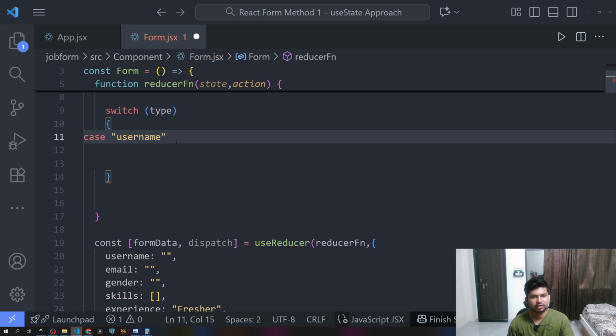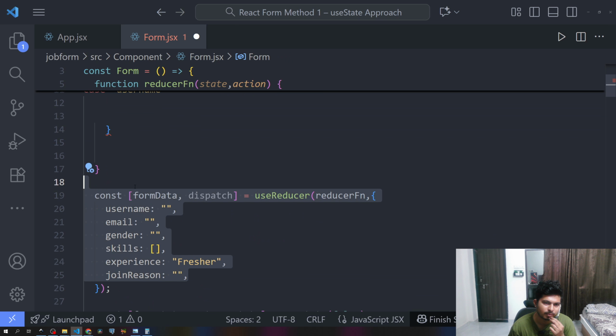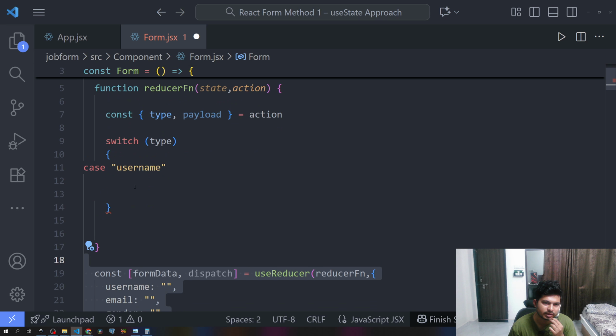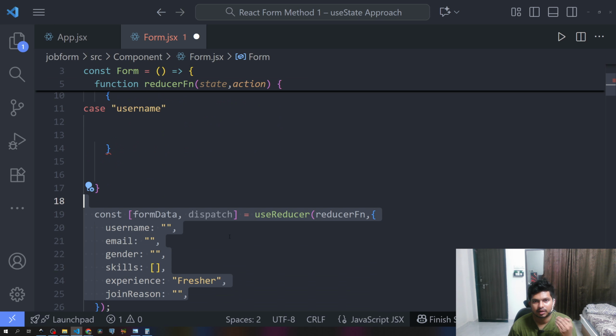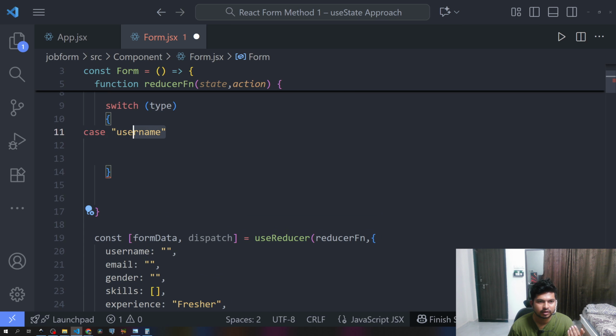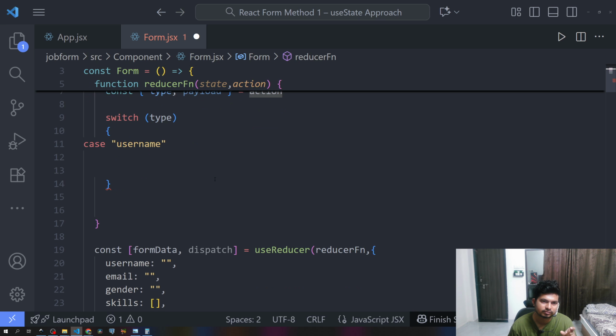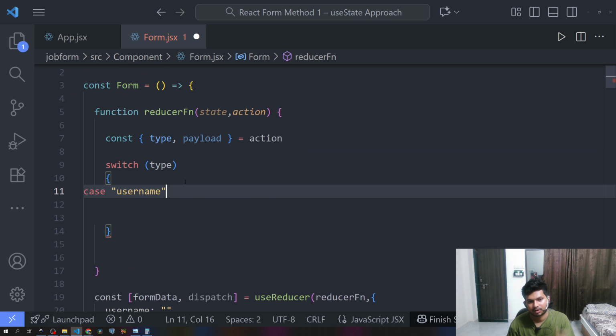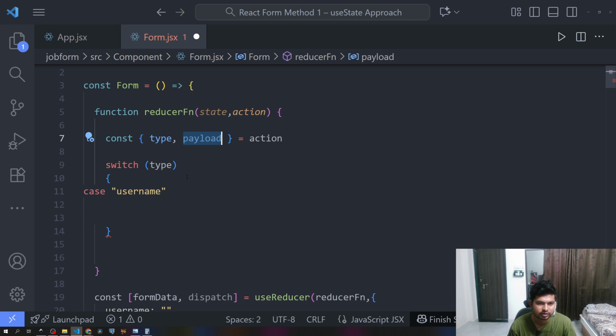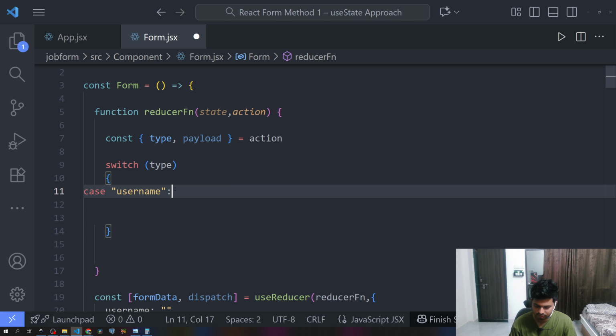Initially you should say that it will be more complex than the two methods we saw previously, but it will be more declarative, based on the case and its action. We just have to see the action, and based on that action we perform some logic here. So username,